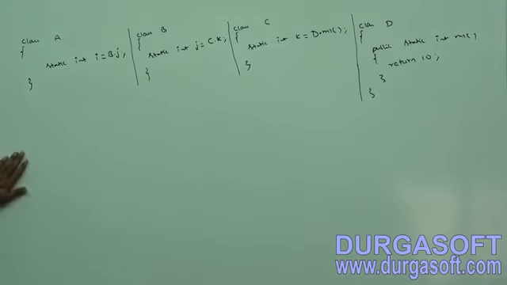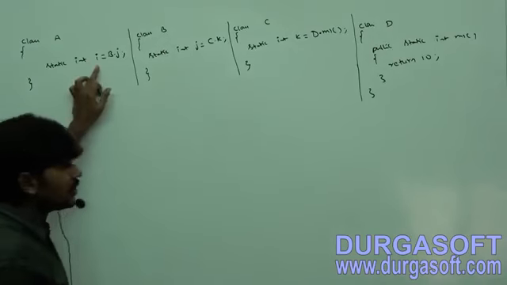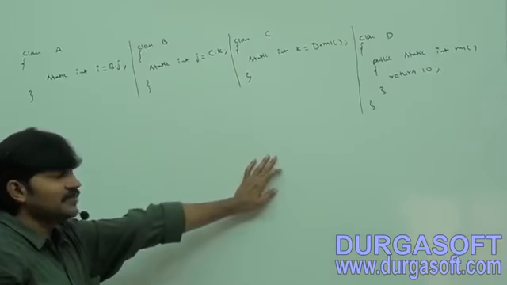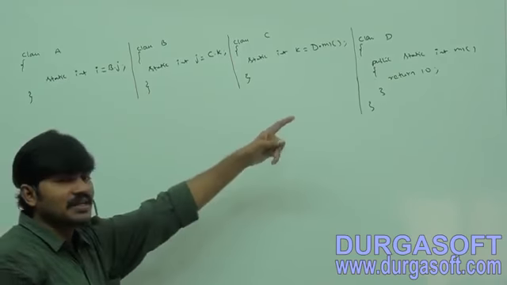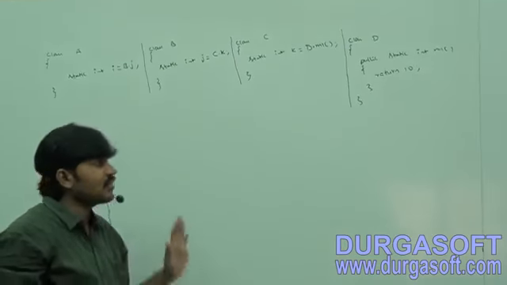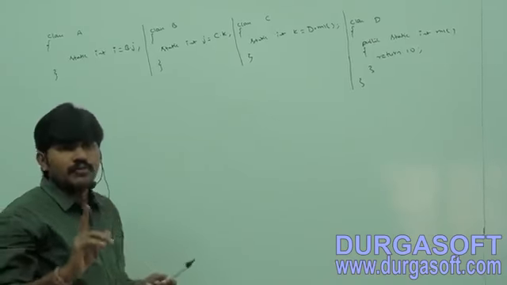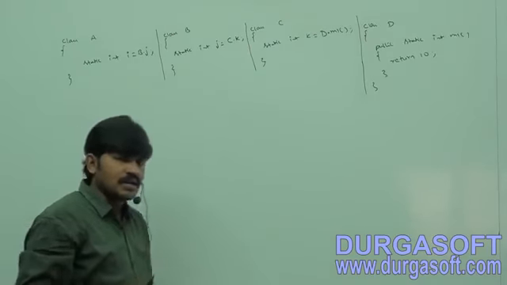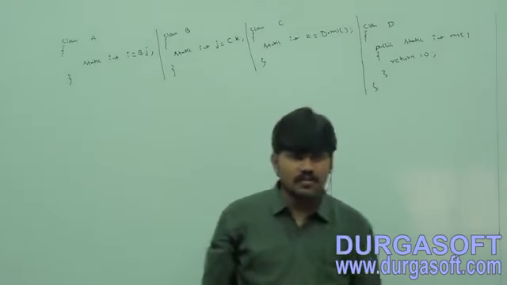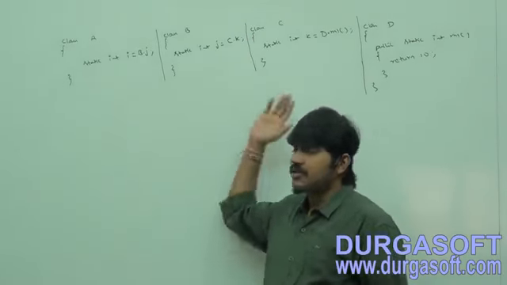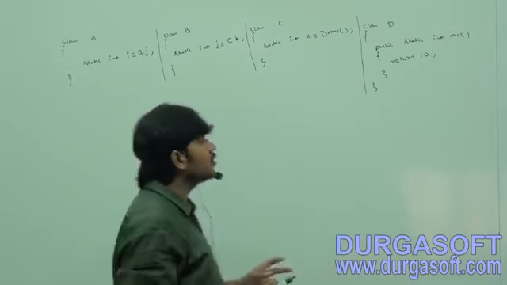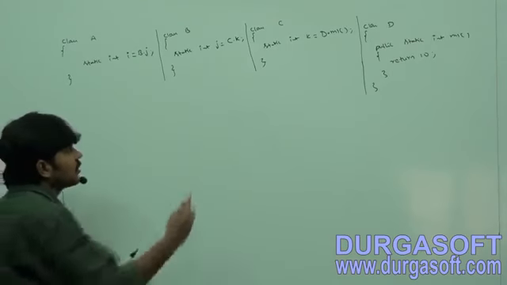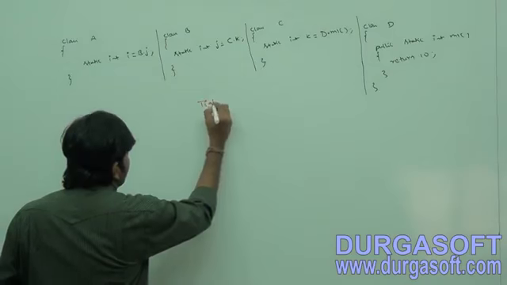4 components are there. The value of I is the B class J value. The value of J is the C class K value. The value of K is the D class M1 return value. Now I can use one word: these components are tightly coupled with each other, because the dependency between these components is more. Correct or not? Okay, this is tightly coupled with each other, right?